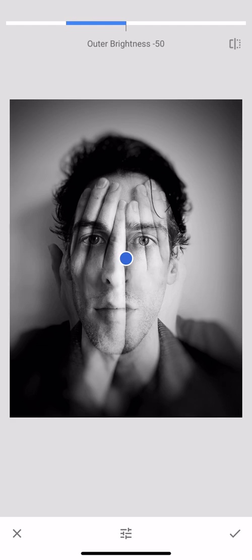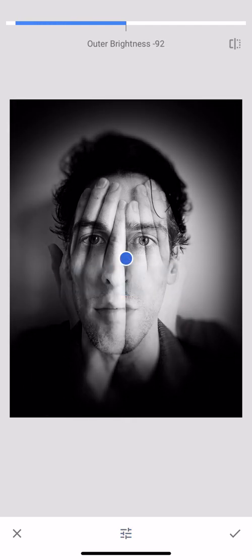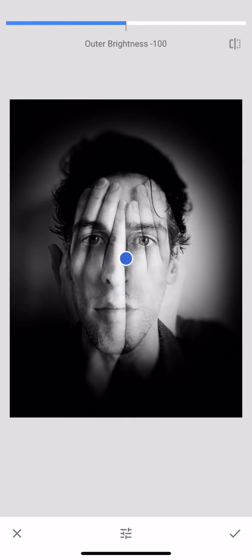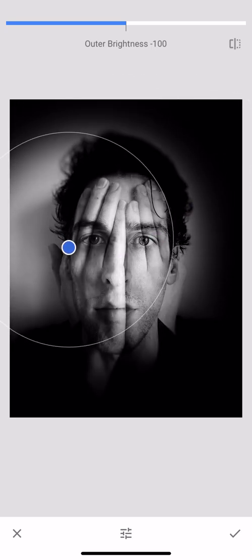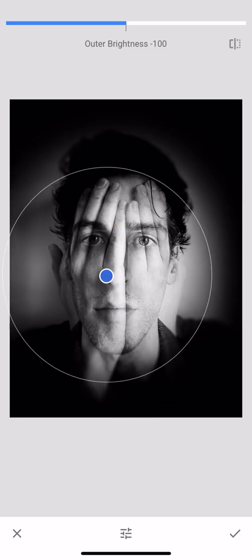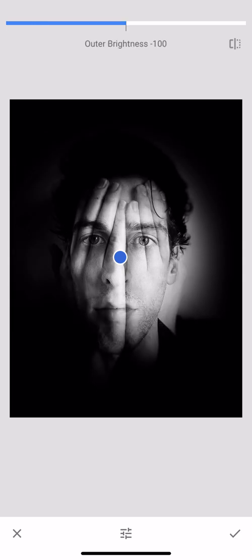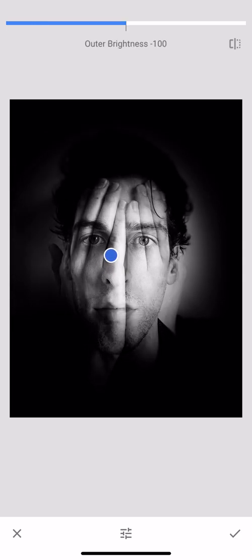Now with the vignette tool, you're then going to adjust this all the way to the bottom. Okay, the outer brightness is basically the outside area becomes a lot darker, and you can see you're moving a circle around. It's only outside of the circle that becomes that much darker. Unfortunately, this can only change into a circular shape, so you're just going to have to work with what you've got,